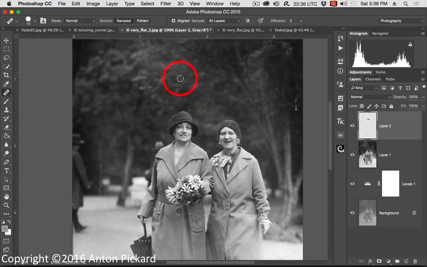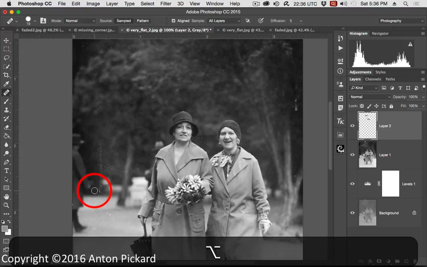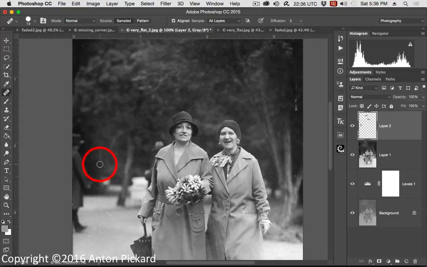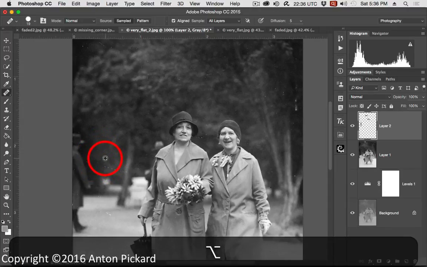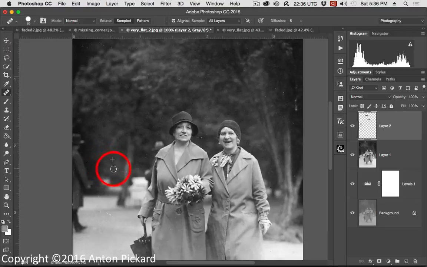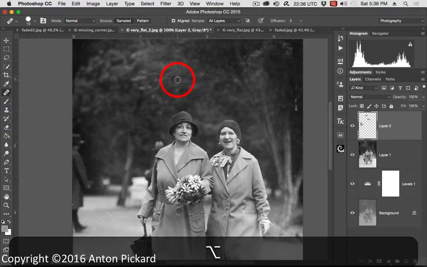You can see that if I paint with this, the crosshair is moving relative to the source and the destination. So I'm going to click on the source here, move over, and then just paint away. What the brush is doing is that I'm pressing Option. When you're working with this tool, as well as the clone stamp tool, another tool that requires a source and a destination,